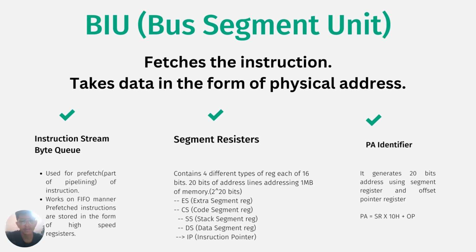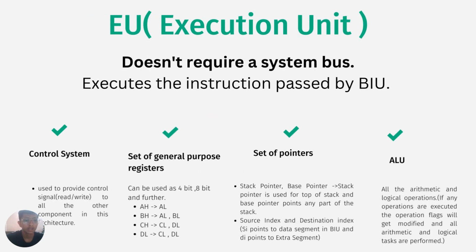The physical address identifier generates a 20-bit address using segment registers and the offset pointer register. It basically contains the formula of physical address, which is SR multiplied by 10H plus OP. Moving further, the execution unit does not require a bus system because it just executes the given instruction. The instruction will be in the bus queue. After using the bus, it directly transfers it into the execution unit, and it just executes using the ALU and